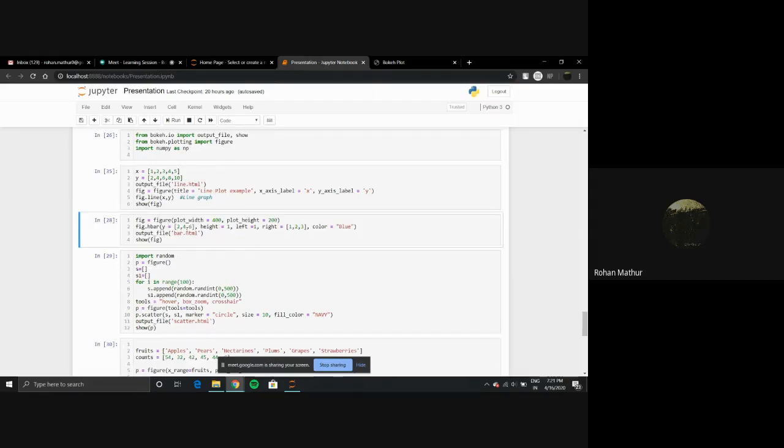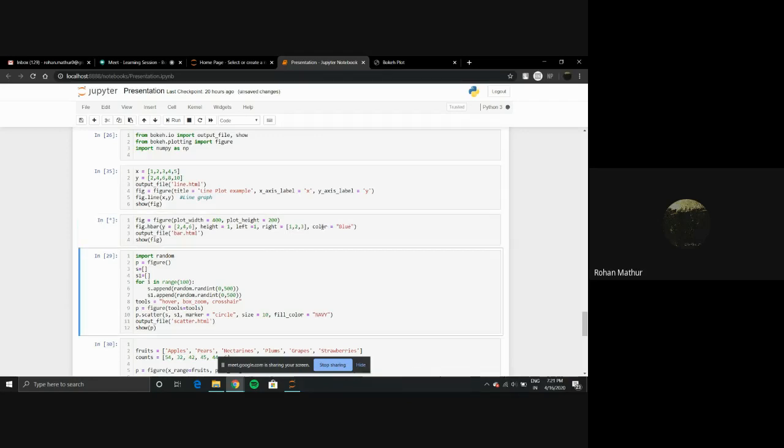One more example we're looking at is the bar graph. Here we are giving some additional parameters for our figure: plot width 400 and plot height. And to plot a horizontal bar, this is my syntax. I'm specifying y, height, and the specifications of my graph, and here I'm specifying the color.